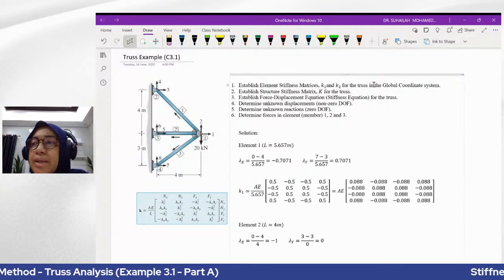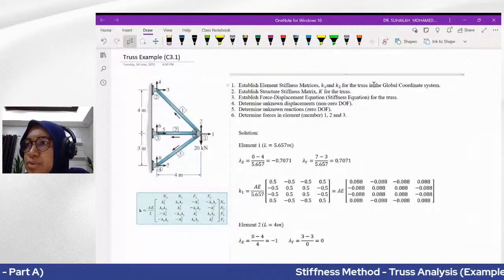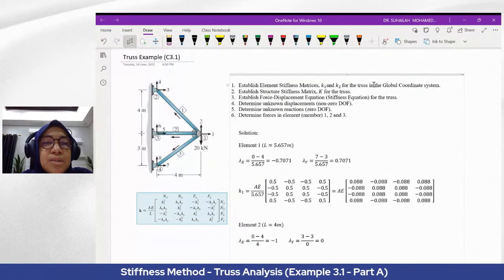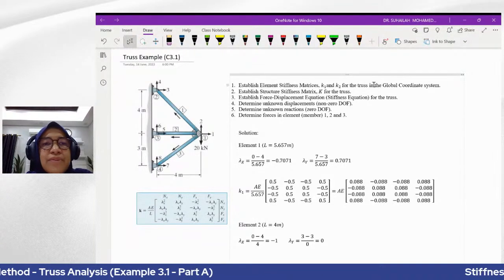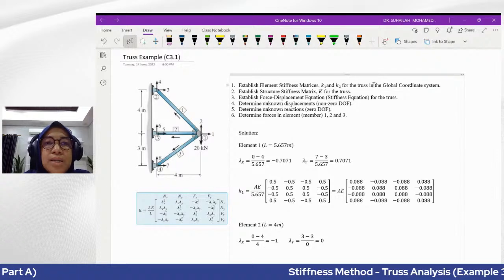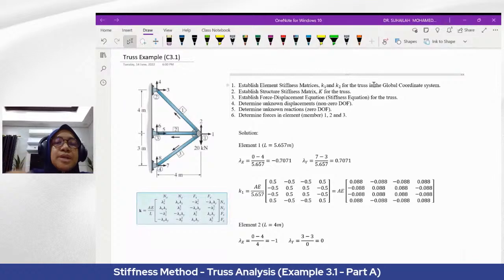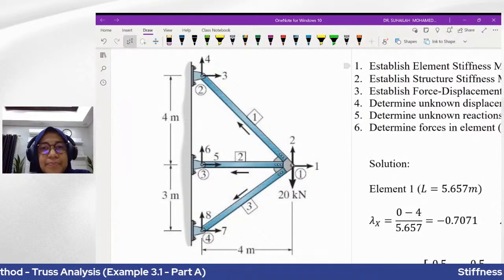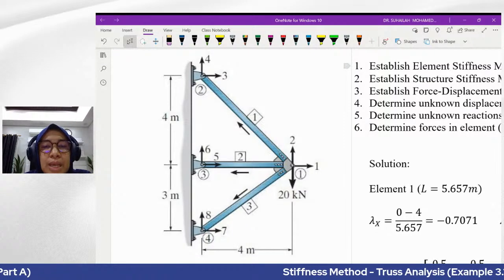Okay, so I actually want to continue to discuss truss, indeterminate truss, using the stiffness method. So we are going to analyze another truss example. Okay, so let's focus on the truss. So this is the truss. Okay, so by looking at this truss,